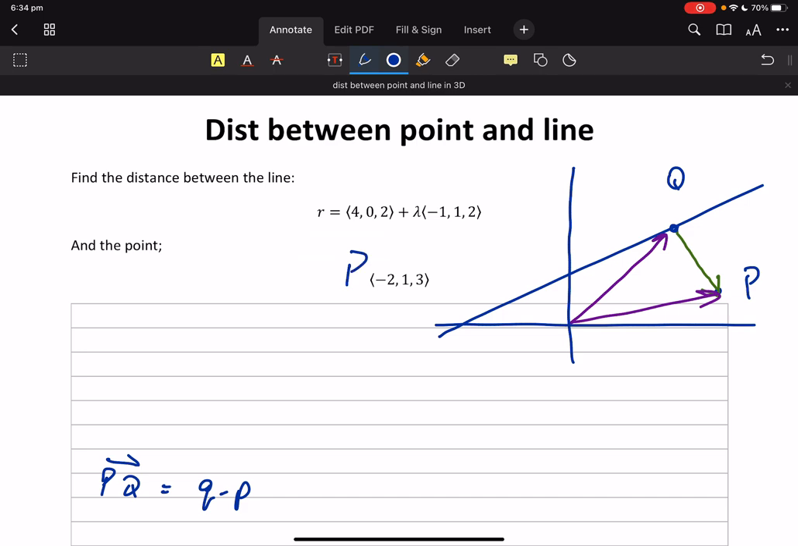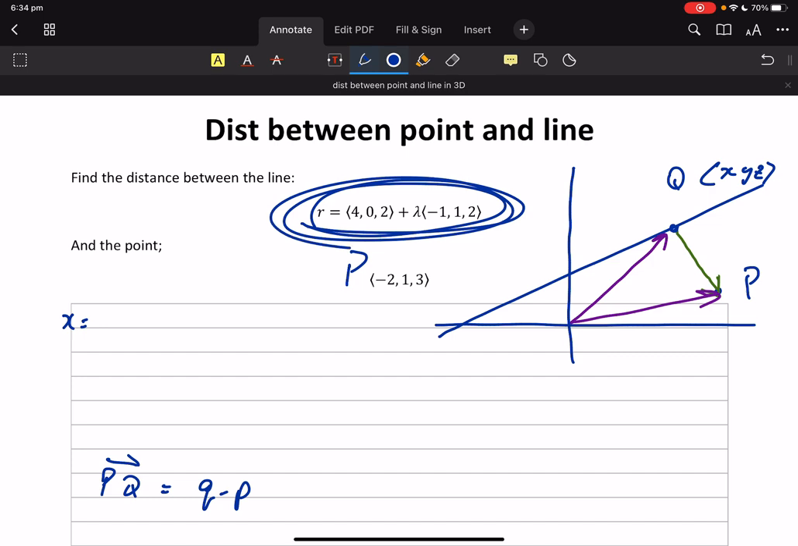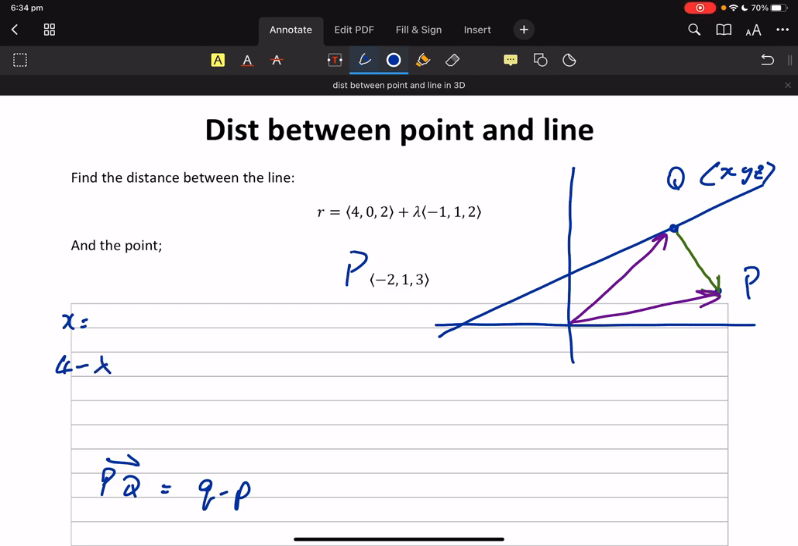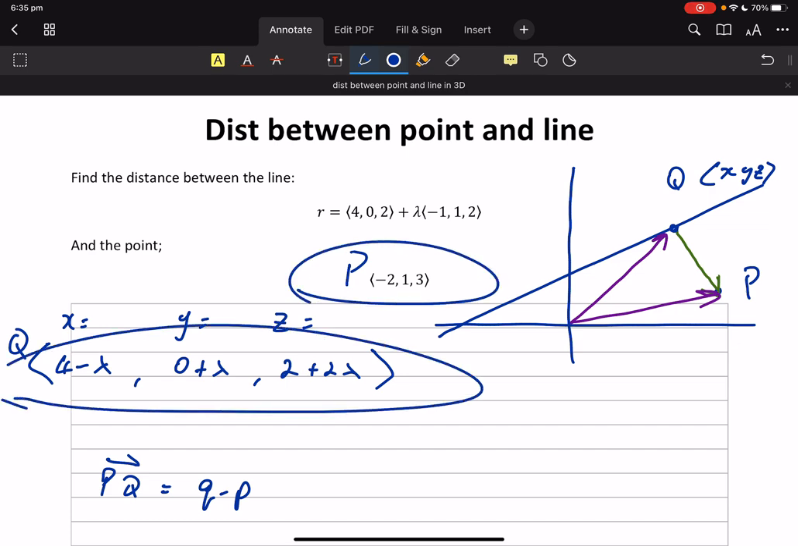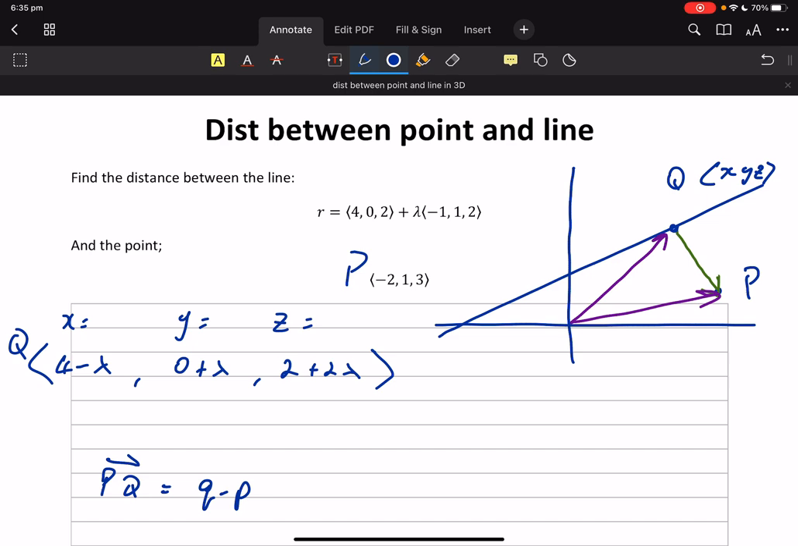We're finding Q. Let's just think about that, because this point Q is the point X, Y, Z. Yeah, and what's X? We're going to be thinking about this equation there. So it's going to be 4 minus lambda. Y is going to be 0 plus lambda. Z is 2 plus 2 lambda. That's my X, Y, Z. So that's actually point Q. So there's my Q, there's my P, and I'm going to do the vector QP, which is going to be